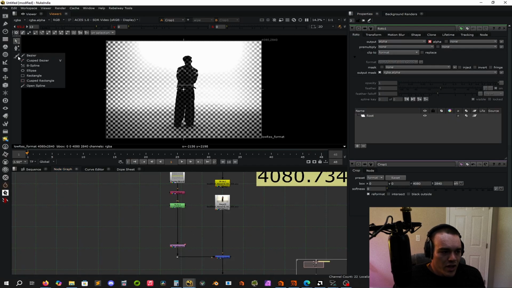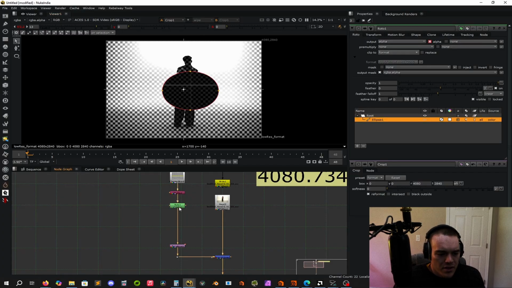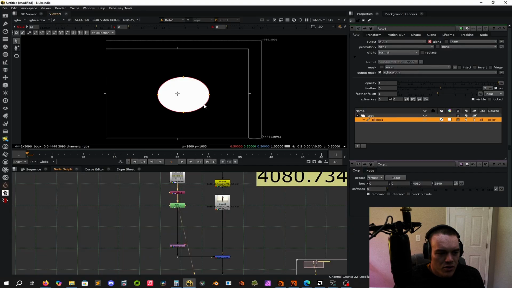And we can either use the Bezier tool, which is going to be most similar to the pen tool inside of After Effects, or maybe you want to work with an ellipse or something, right? So I drew an ellipse, and as you can see, we're getting an interesting result here